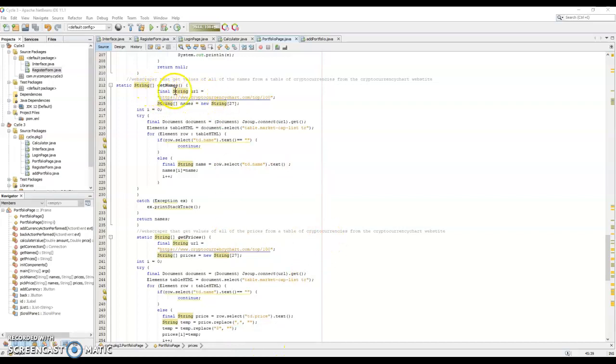So what it does is it takes in a URL that I've entered, and I create an array of strings that holds all the values, and then from there I have a try catch block. The first part it does is create a document of the HTML from the URL I entered, and then it does an enhanced for loop to check each row of the table for a specific field that I selected,